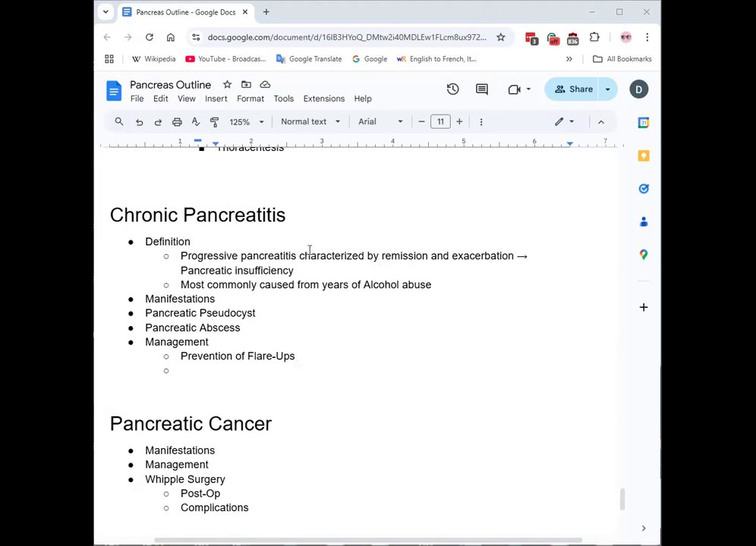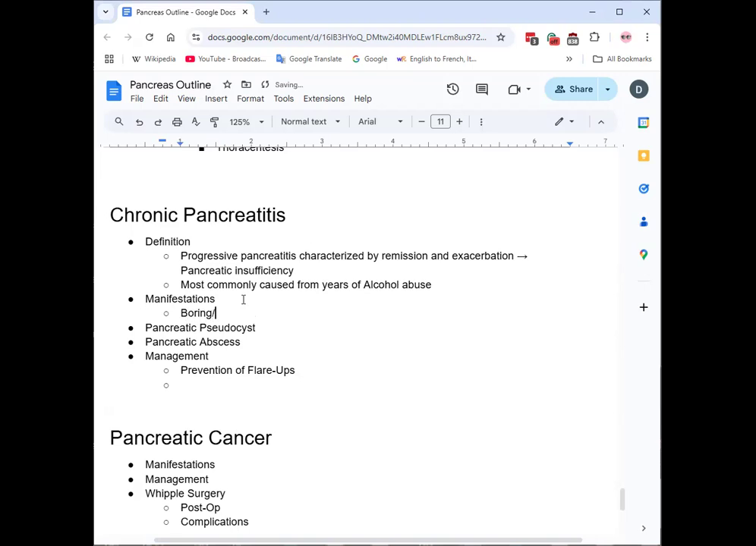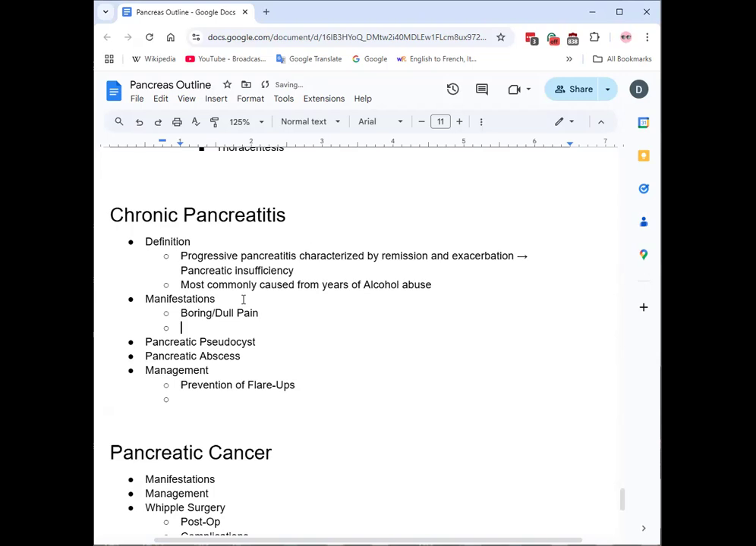So the difference between acute and chronic: one's progressive, one's sudden. This one can have remission and exacerbation. It can lead to long-term issues with your pancreas, and is most commonly caused by years of alcohol abuse. So when it comes to the manifestations, this is when you're going to have that boring, dull pain. Some other things that might be specific for this